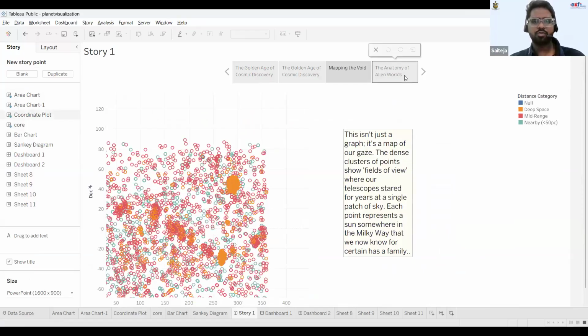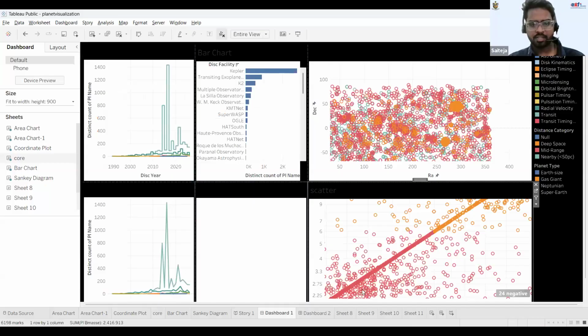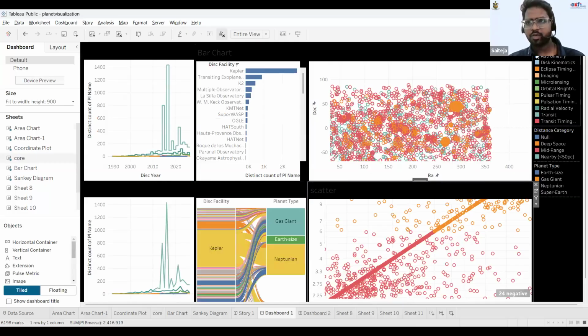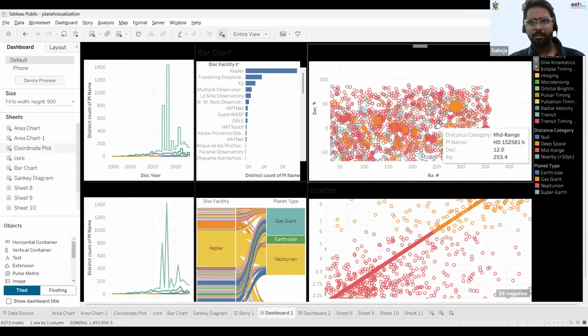So you can get to know how storytelling will enhance your communication towards your audience, right? It's all about whom you are presenting to, and this is how a dashboard would look, right? Now you can notice how visualization helps, and you can even interact with your visuals, right? So I think this is fine regarding our Tableau, and we are done with these things.